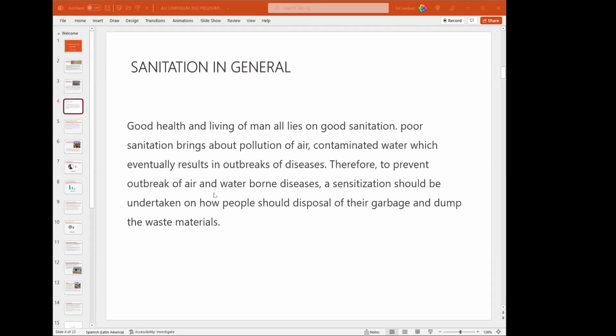Contaminated water, therefore, which eventually will result in outbreaks of diseases. So if a person has to be able to live a good life, then he must be able to have good water and good sanitation. Therefore, to prevent outbreak of air and water,